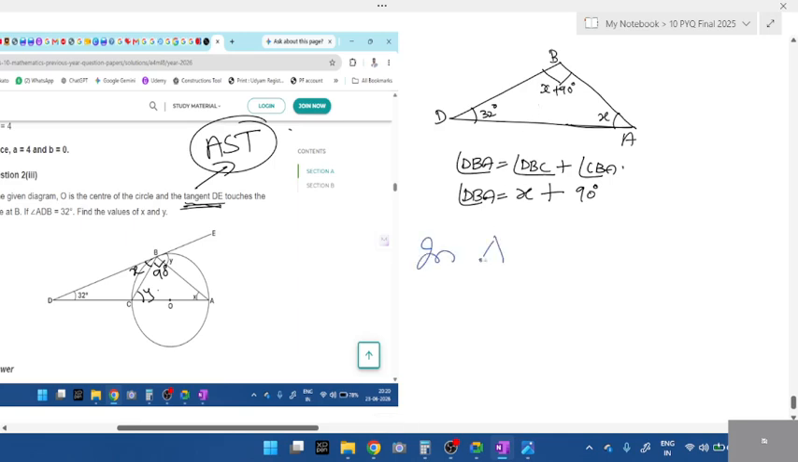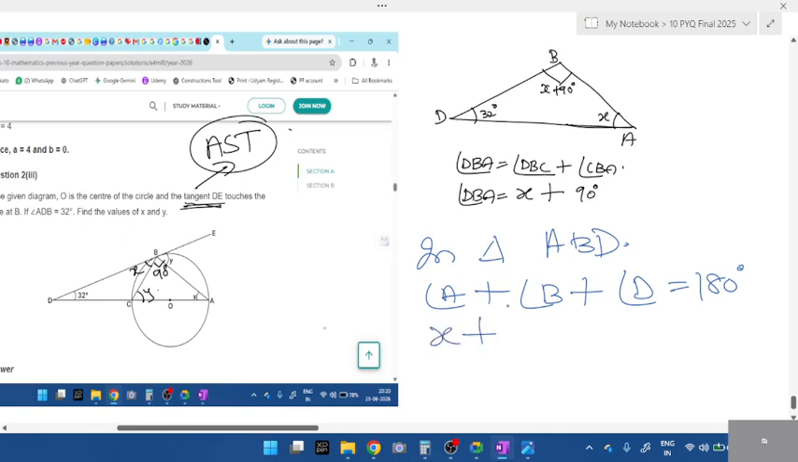In triangle ABD, apply sum of interior angles. What is sum of interior angles? Angle A plus angle B plus angle D is equal to 180. What is A? Just X, not angle. Just X. What is B? X and X becomes 2X. 90 plus 32 is 122. If it goes to the other side, it becomes